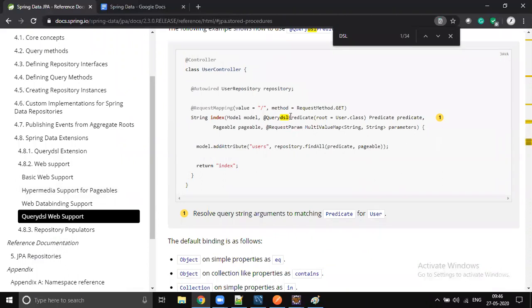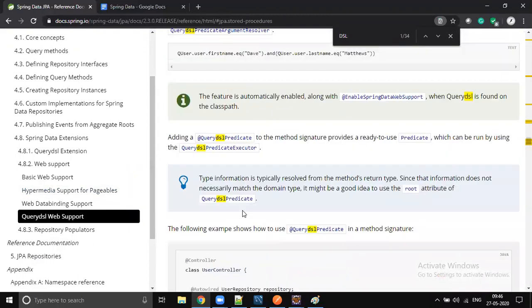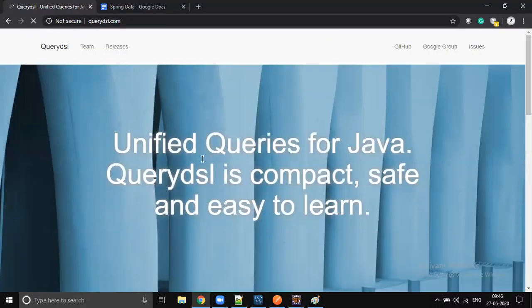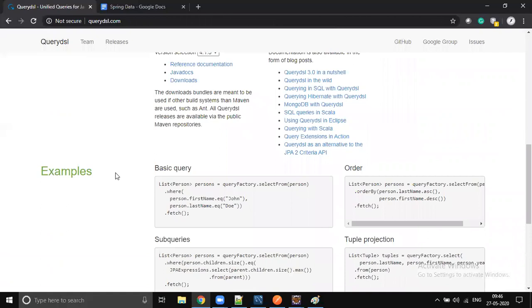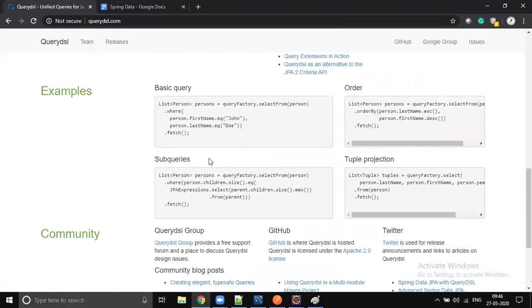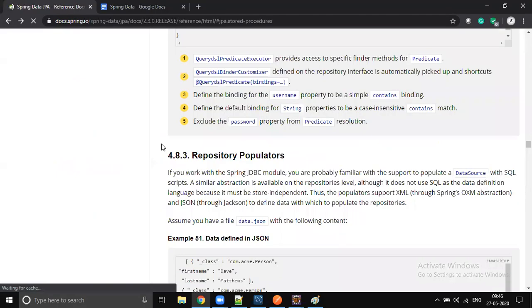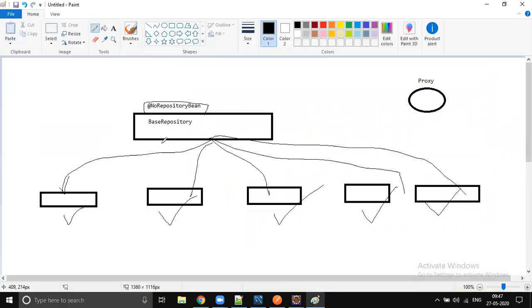Okay, so Querydsl predicate, some DSL support is also there. It is domain specific support, but anyway it's very rare. That itself is a completely different concept, querydsl.com, which is really powerful. You get better performance, but it's a completely different kind of technology. Okay, DSL itself is a completely different technology. So we don't mostly use it in microservices. So that's why we are not touching it. Okay, but still we covered almost 50 to 60% of the documentation.